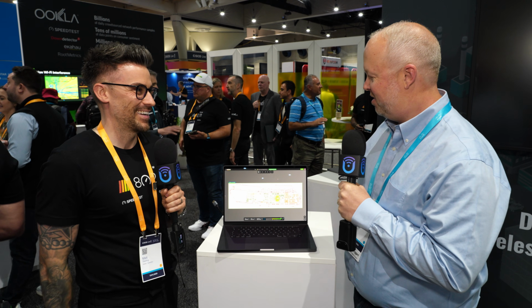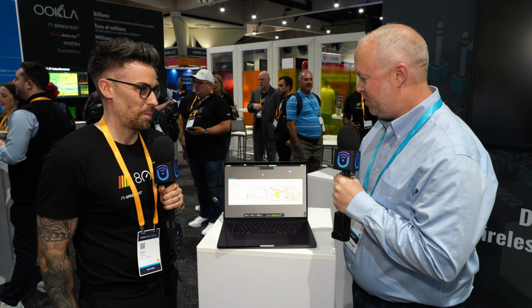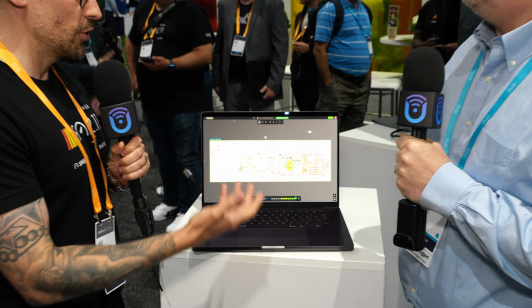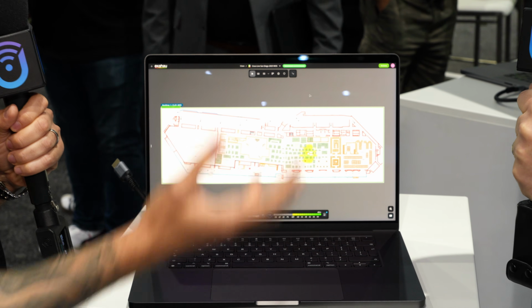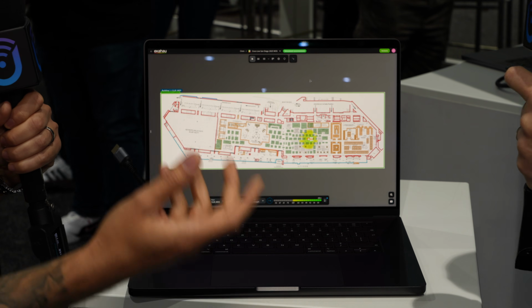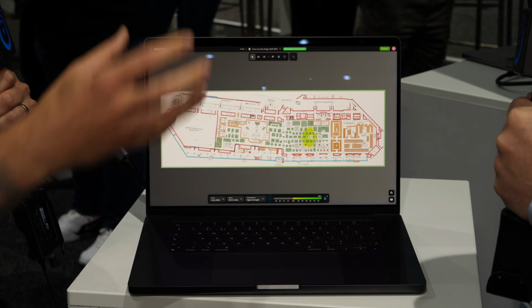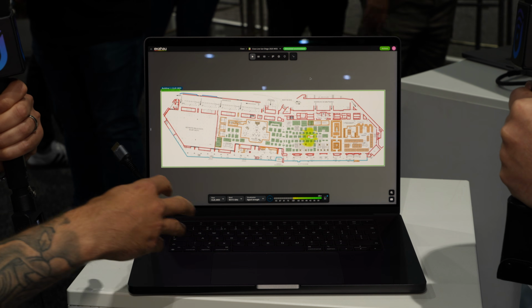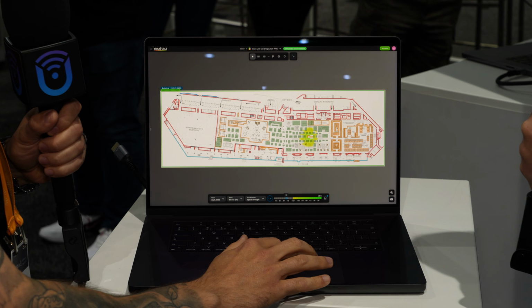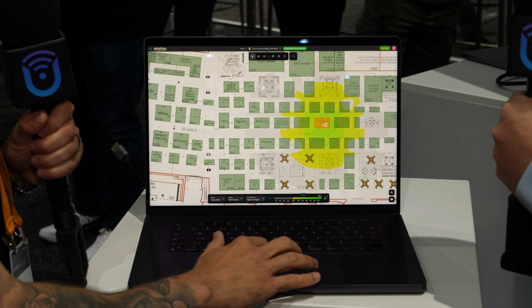Oops, there we go. And it looks like you've mapped out the world of solutions here. They shared the floor plan with me before I got here of the world of solutions. So what I've done is I've used Ekahau AI Pro Online software to import the floor plan, and I've defined walls and different attenuation objects for the different booths and stuff. And this is where you could plan where to mount the access points and see the predicted coverage. So we kind of stood right here at the moment where we're by the Ekahau booth,